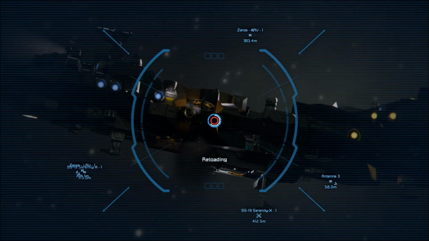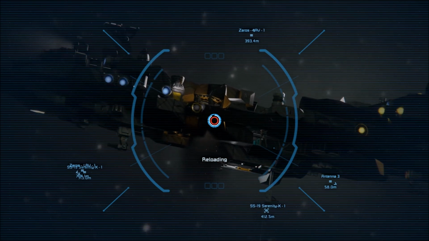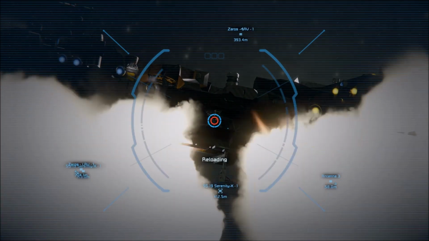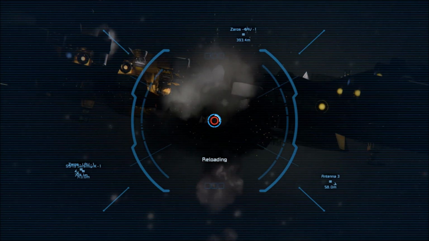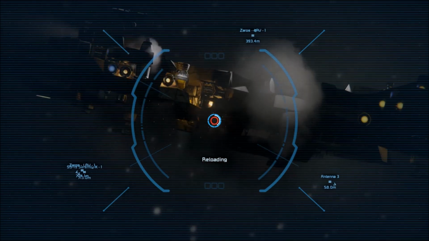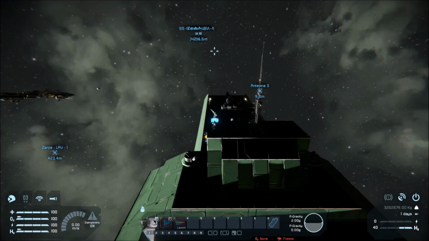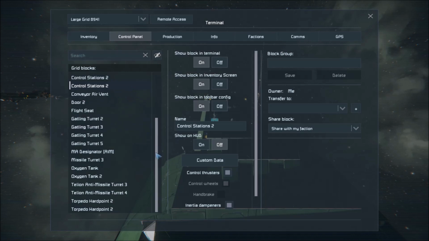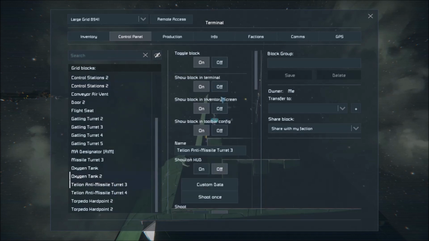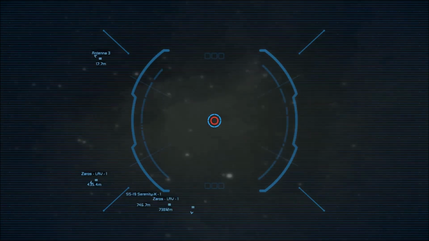Okay, this has got a really long reload time, but the damage it does in just one volley is pretty good. Wow, yeah, we almost blew it in half, just two volleys. Cool. So I'm happy with that. And then obviously we still have the Gatling turrets and stuff, and then we also have our anti-missile turrets, which I don't know how good these will be against